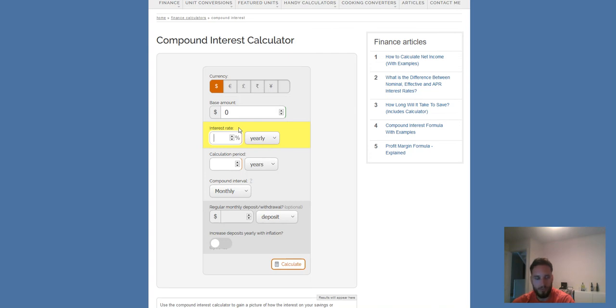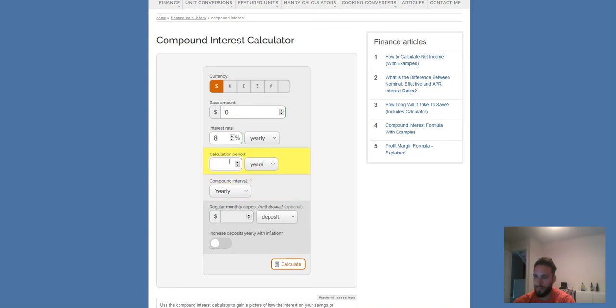And if you look at the stock market for the past decades, you could say that the average annual returns on the stock market were 8% per year. So we can look at 8% per year, which is of course not conservative, but it's realistic, since the stock market has shown to return this percentage for the past decades. Let's look at the calculation period, which is of course different for the 3 people. We're going to compound annually because we're looking at the 8% return per year, and we're going to deposit monthly.